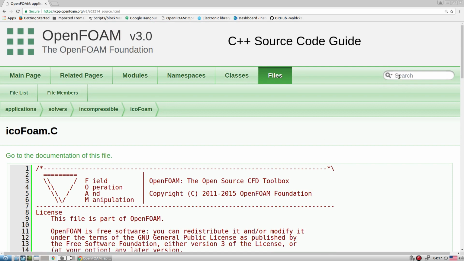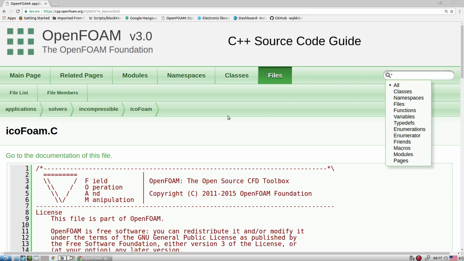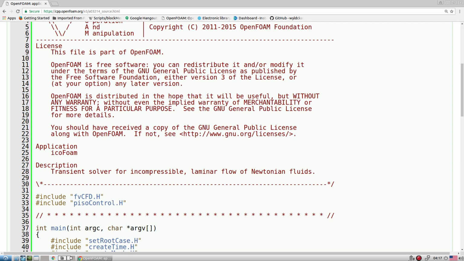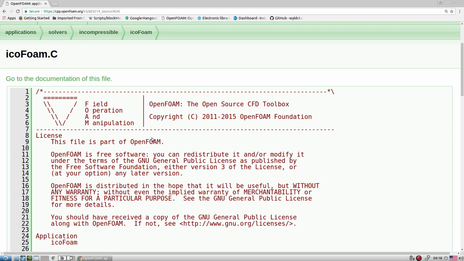The basic idea is that whatever you want to search, try to search in this Doxygen and get a feeling for what it is telling you. Sometimes when you hover the mouse here, it gives you the description as well, like pisoControl. We know that with pisoControl we are giving the outer corrector and non-orthogonal corrector, and then the entry comes through this particular place. So I suggest please spend your time going through these applications directly. In the next session we will try to explore a few more codes like PISO and PIMPLE both.